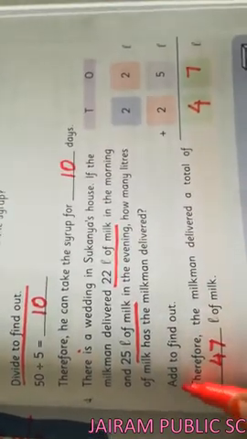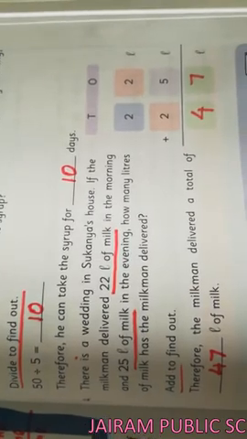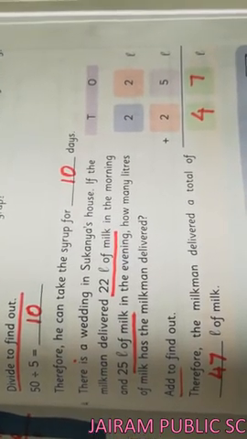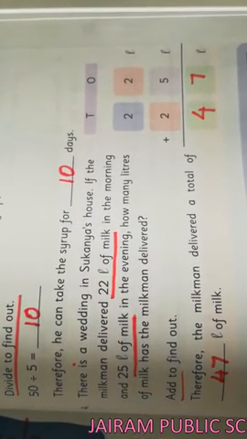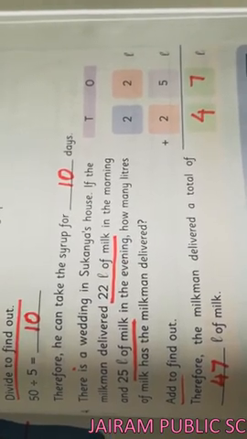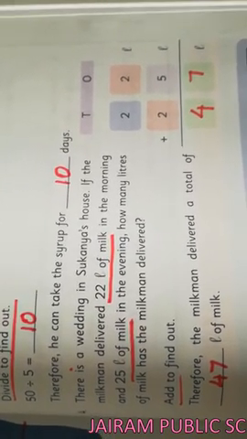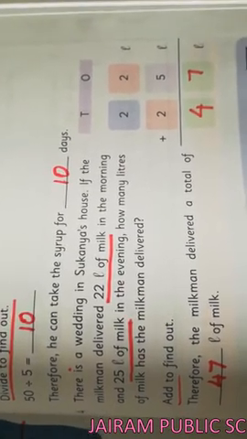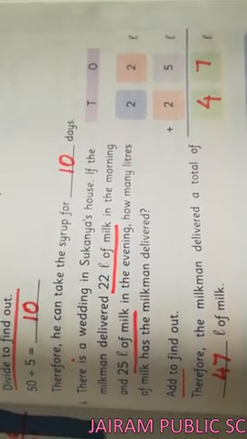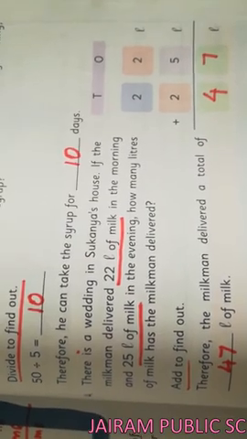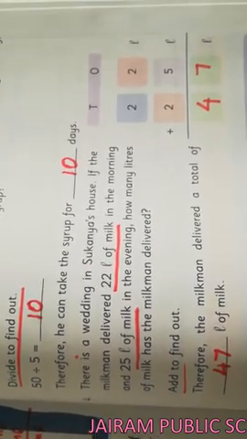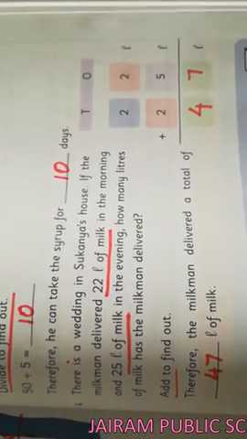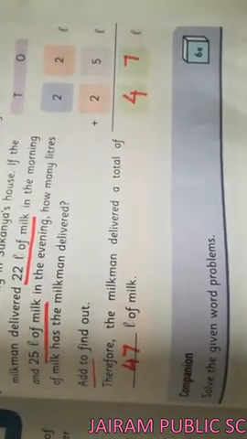Like that we have to add the sum in the capacity of liter and milliliter, children. For that, if any operation is given, we have to check the units given. If they are varying, we have to convert them into the same units. Then we have to use the operation addition, subtraction, multiplication and division, children. Then we will move on to the companion activity.